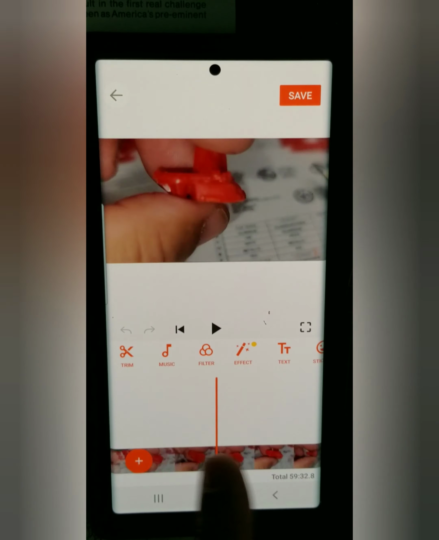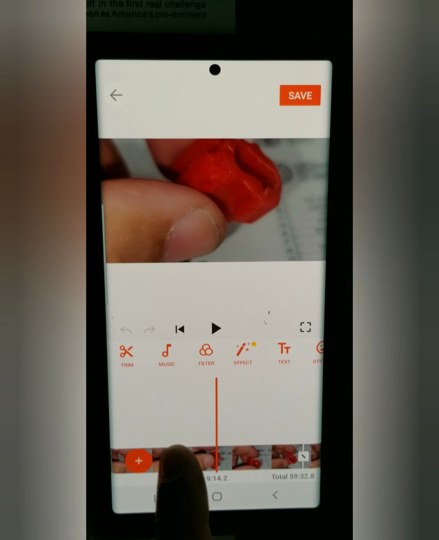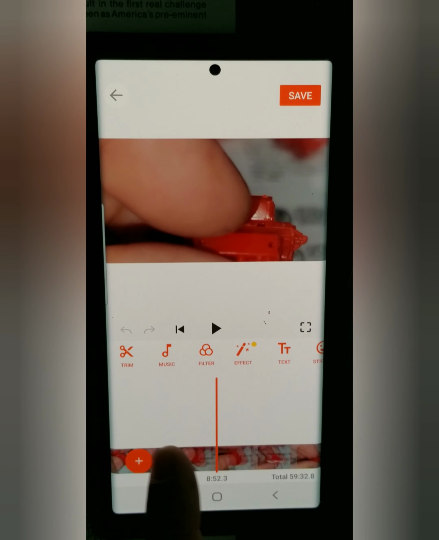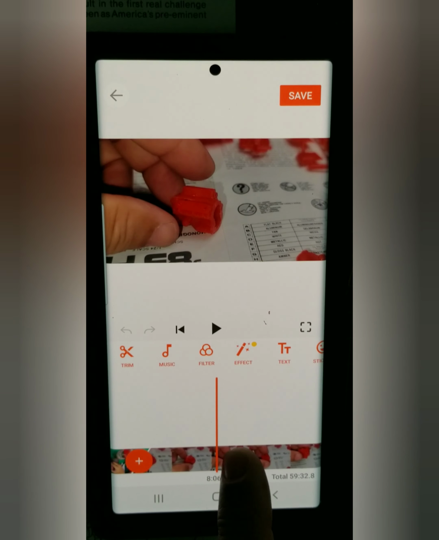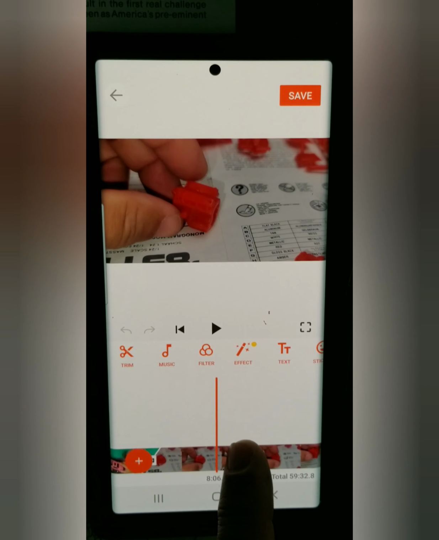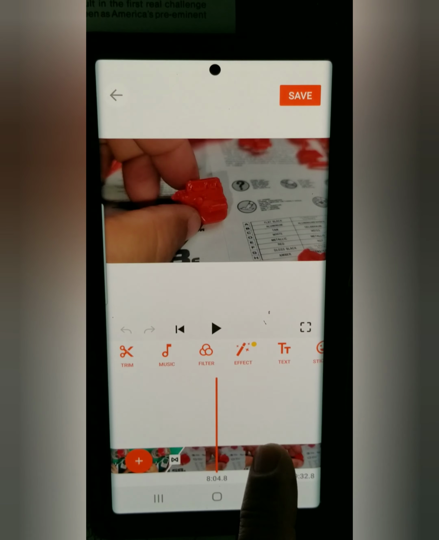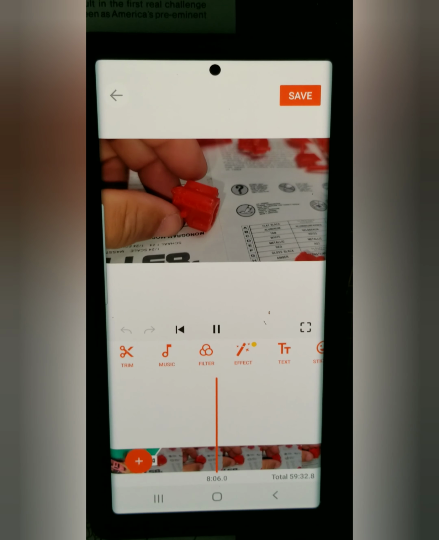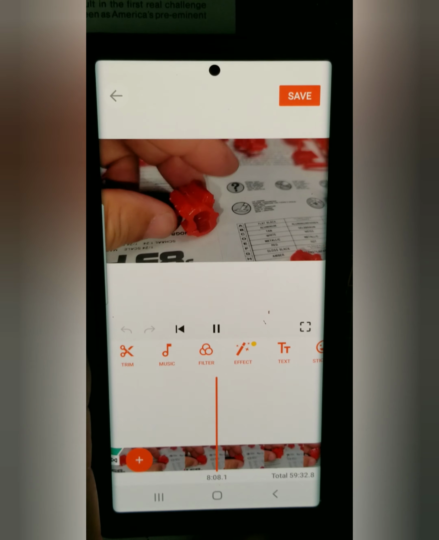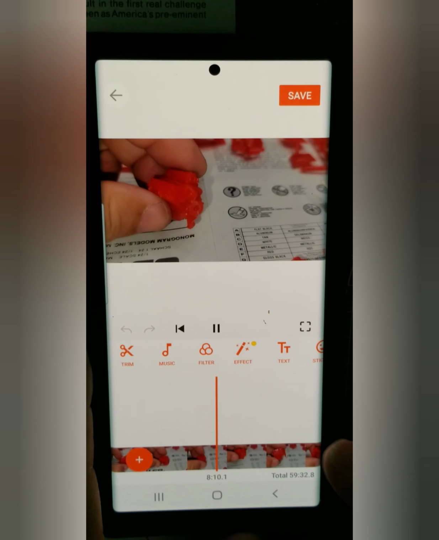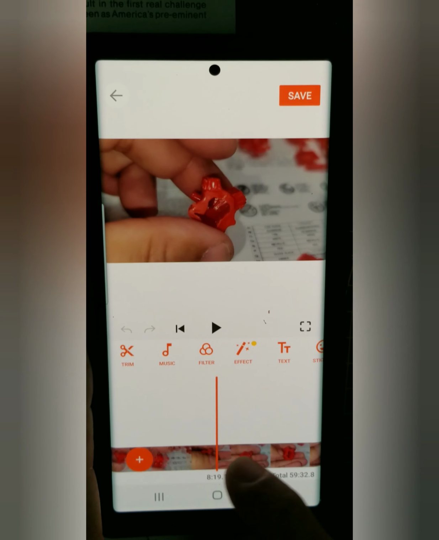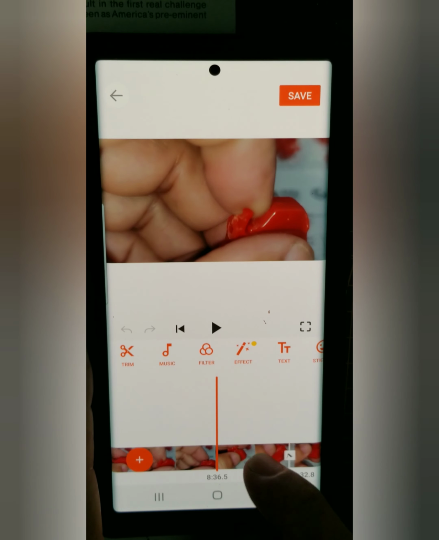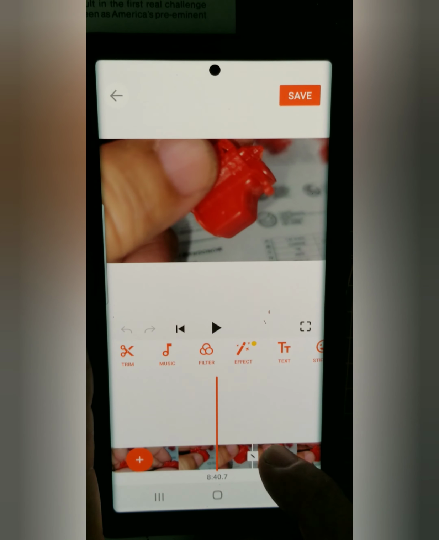Let's go to an area that I haven't edited yet. Okay, here we go. Now, I'm just starting on this section of the video. And as you can see, I can scroll it frame by frame so I can get it to exactly where I want it to do whatever I want. I'm going to press play. And this will allow me to go through the video, get to the portion I want. When I see something that I want to highlight or I want to change,